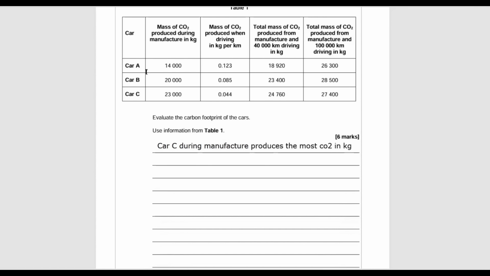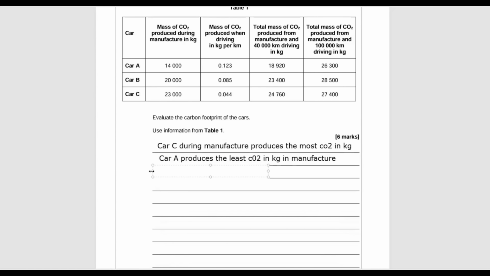And then we want to compare that, whereas car A produces the least CO2 in kg in manufacture. So we're making the car. If they're not sold and they sit there, car A is the most green and therefore is better for the